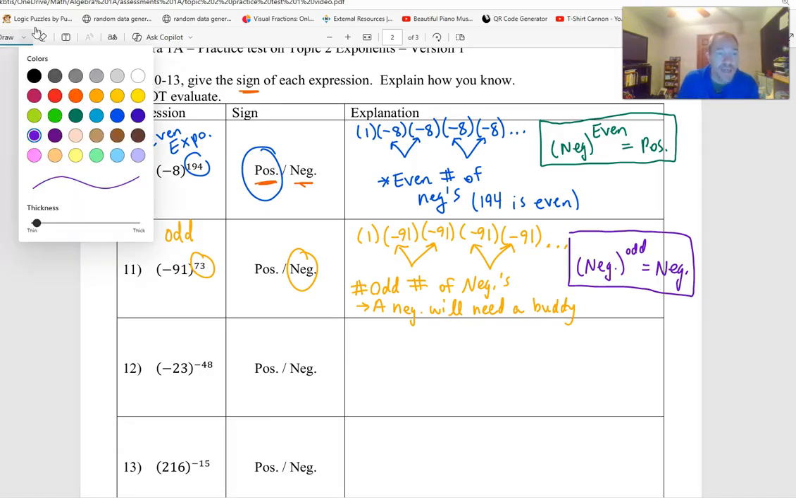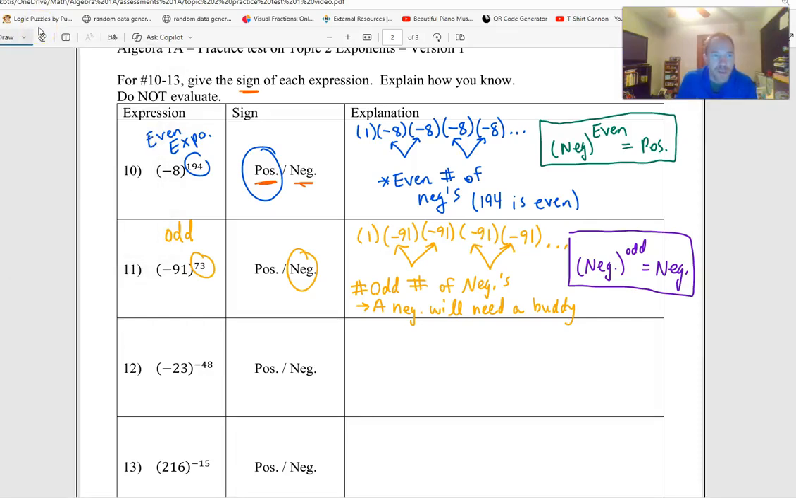So number 12, we have that now. I've got a negative exponent, but remember, the exponent doesn't show up as a number to operate with. In number 10, even if I wrote everything out, 194 doesn't show up as a number to operate with. It's just that I'm doing something 194 times. Number 11, 73 would never show up in the operation. It's just that I would do something 73 times. So even though here the exponent is negative, it doesn't mean that it's like a negative times a negative 23 times a negative 48. No, this would be, if I wanted to write it out,